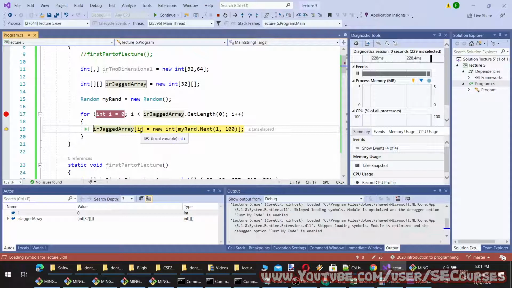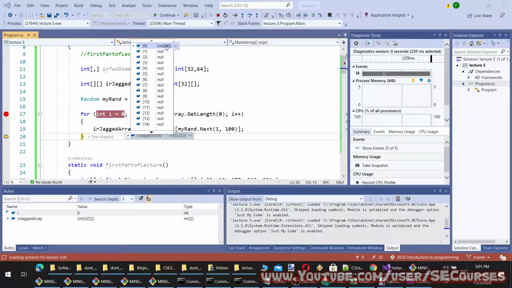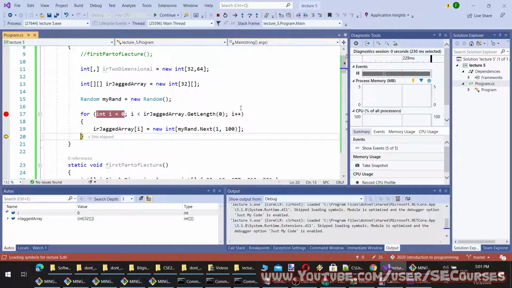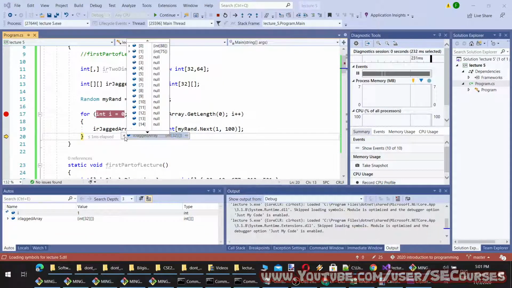First we are going to modify the zero-indexed array, which is null. When I click next, now it is integer 88. So this is an array that has 88 elements. Next, we have initialized the second array.